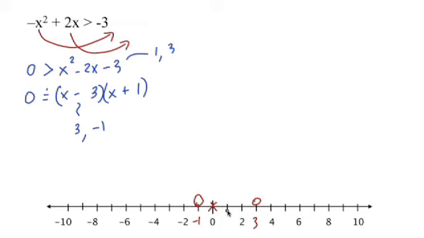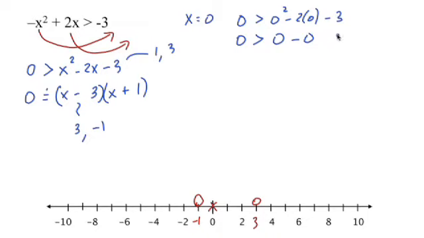If that number works, then that's the solution set between -1 and 3. If that number doesn't work, you can pretty much bet that the 2 other regions will be the answer, and this will save you a little bit of time. Okay, so up here, substituting in x equals 0, so we're going to have 0 is greater than 0 squared minus 2 times 0 minus 3. So 0 is greater than 0 minus 0 minus 3. Is 0 greater than -3? Sure. Yes, it is. So shade in that area.